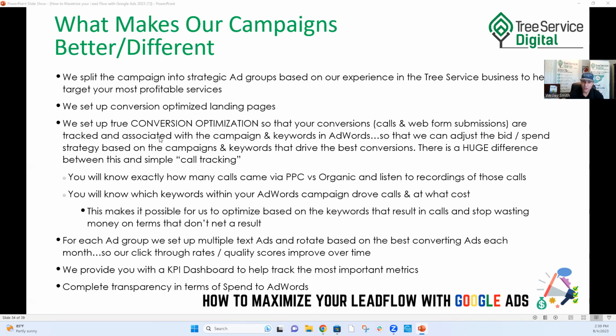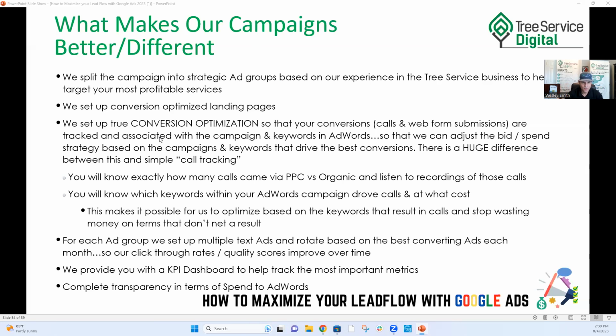You'll know exactly how many calls came from Google Ads versus your organic website and Google Maps listings. And you can listen to the recordings of the calls. You can hear the recording, see the call description, everything else. You'll know which keywords within your Google Ads campaign drove calls and at what cost. This makes it possible for us to optimize based on keywords that result in calls and stop wasting money on terms that don't get a good result, right? You can eliminate a bunch of bad stuff by just tracking everything, seeing what works, turning off what doesn't work,